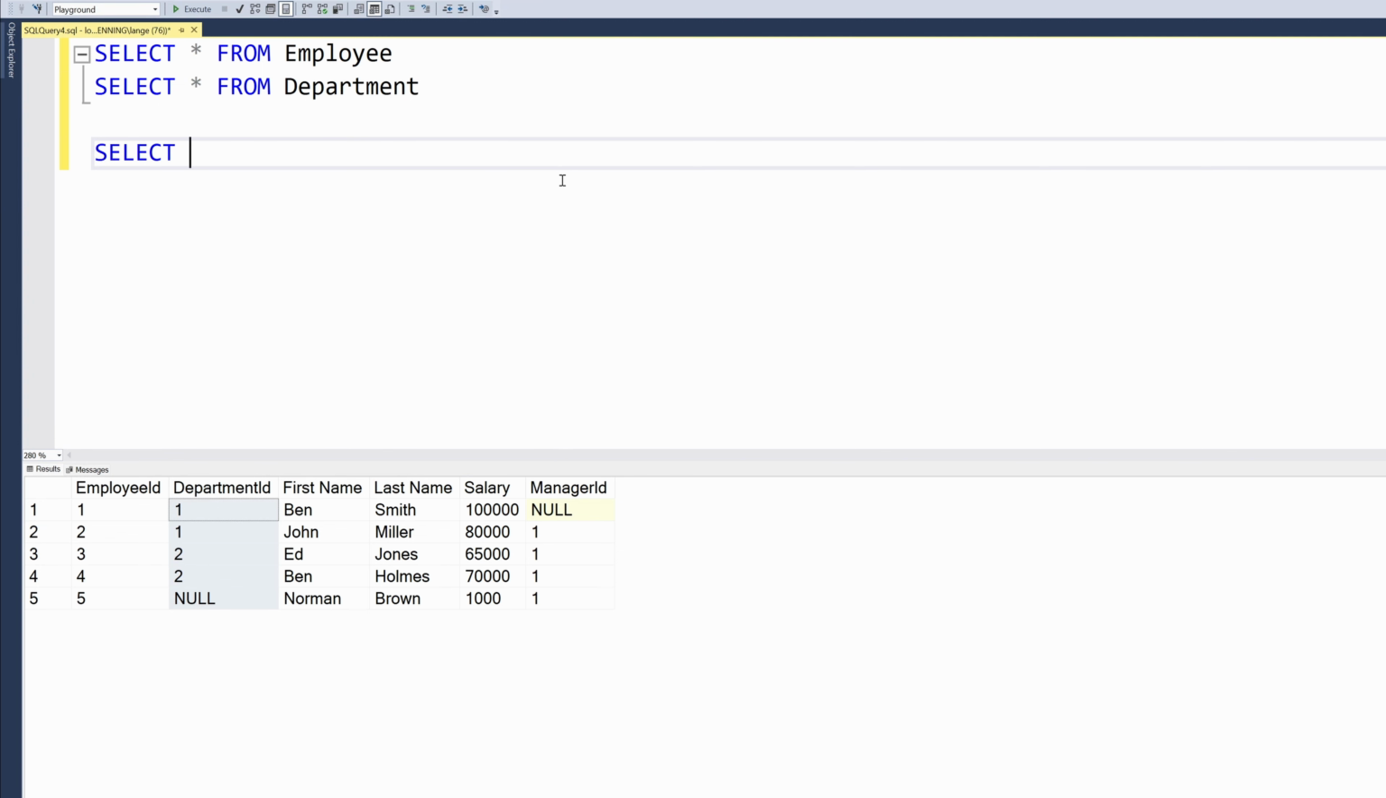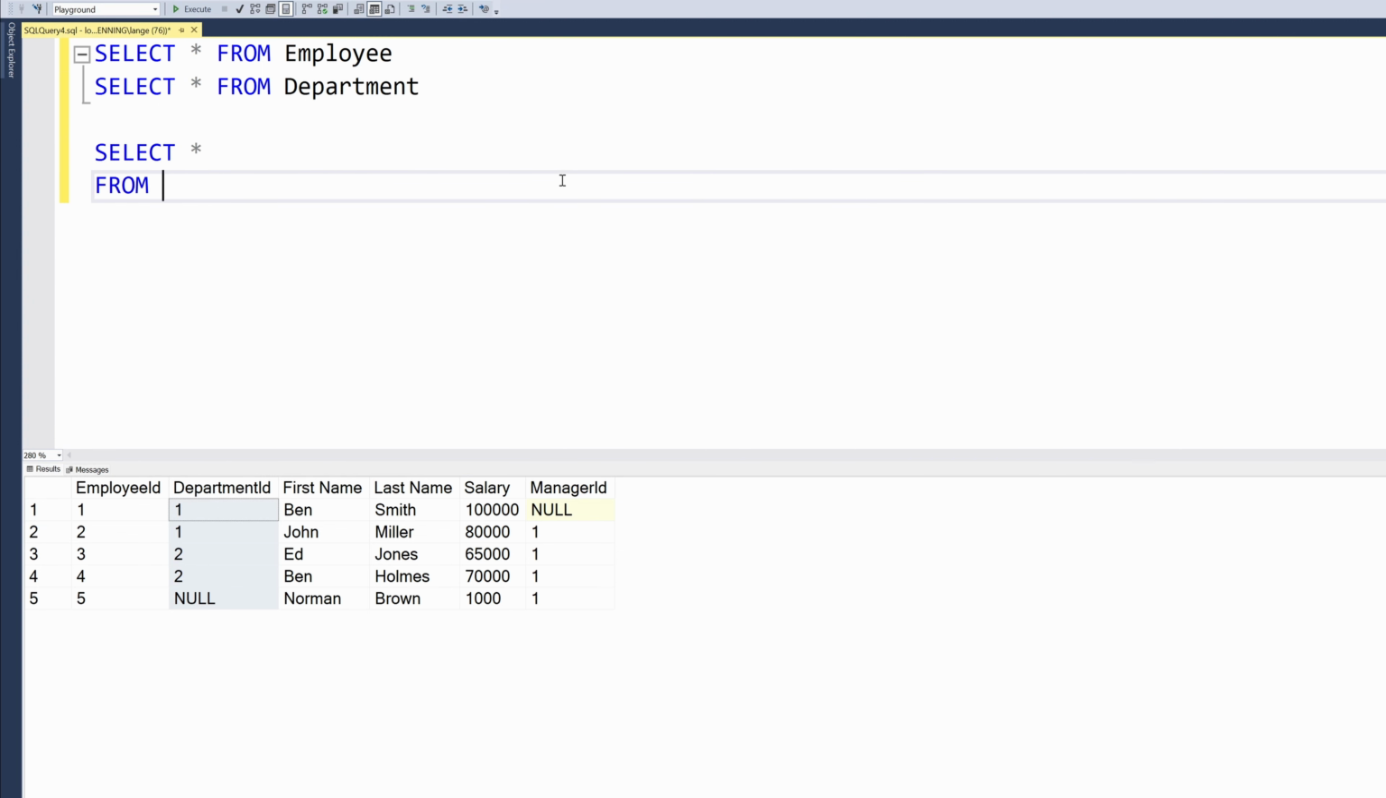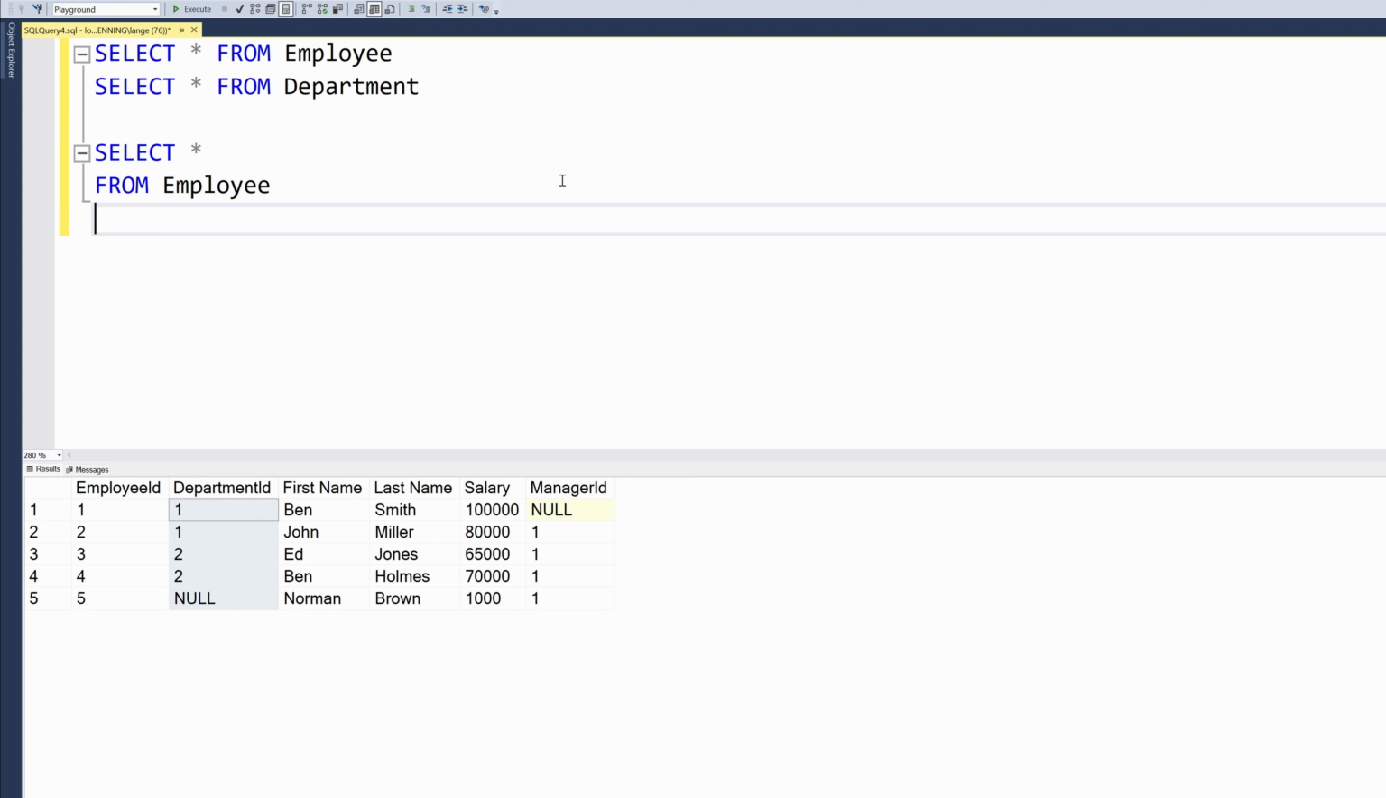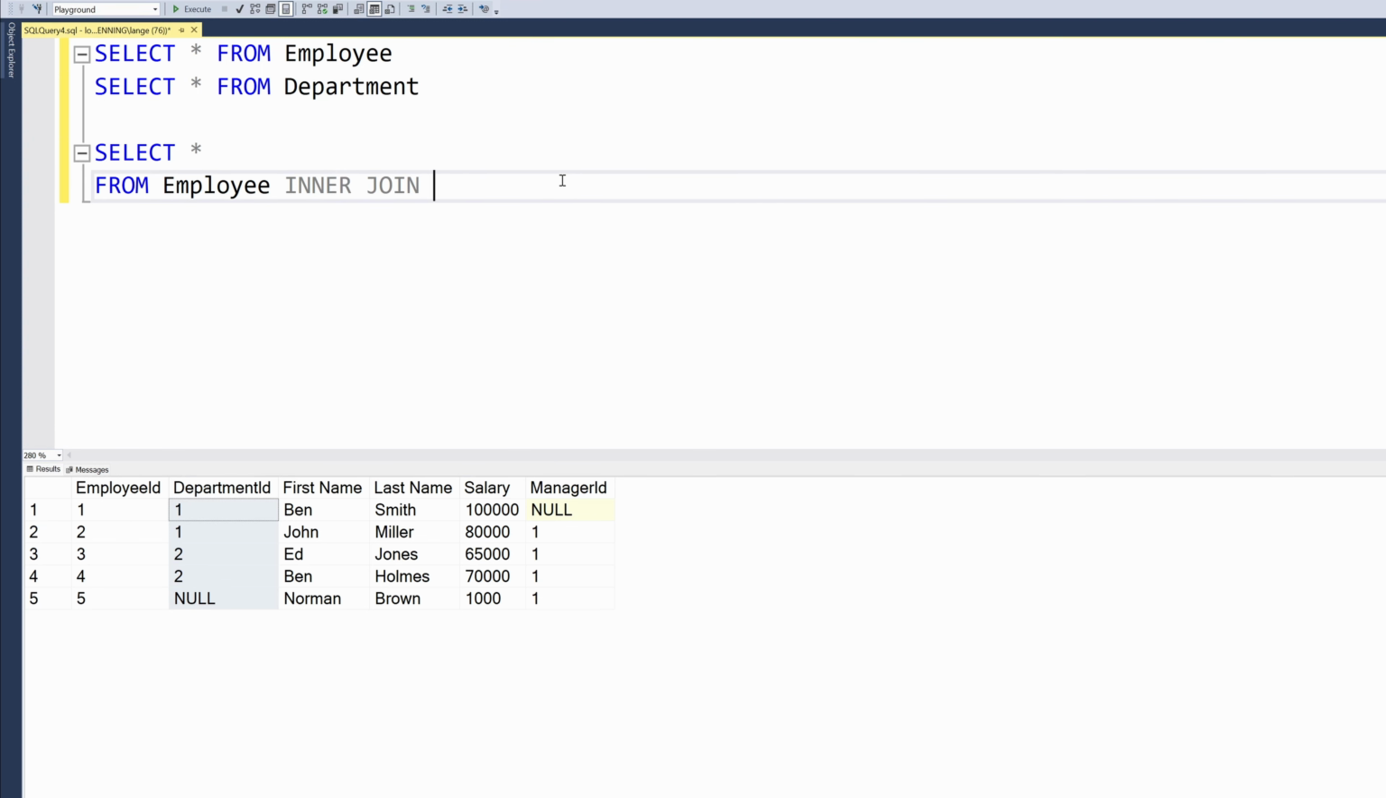Let's say we want to select from our employee table, and then we will say we make an inner join. This is the first join type that we learn now, to the department table, and after the ON we specify the columns that we want to join them on. If I try to do now department ID equals department ID,